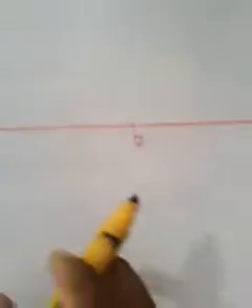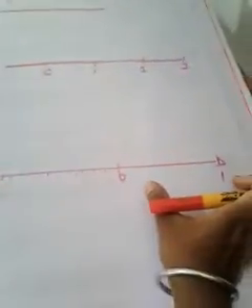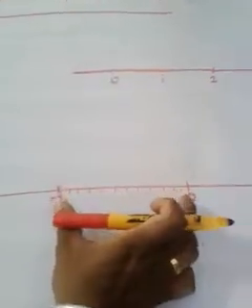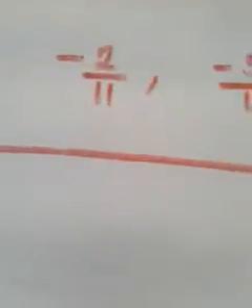Okay, and now you may have understood. So what all the things did I do? First of all, I drew a number line. Since we have to divide into 11 equal spaces, we have to maintain such a distance between each number. That's why I have taken 3 centimeters between each number, and after that I divided into 11 equal spaces. From where did I get this idea of 11 equal spaces? Because the denominator is 11.